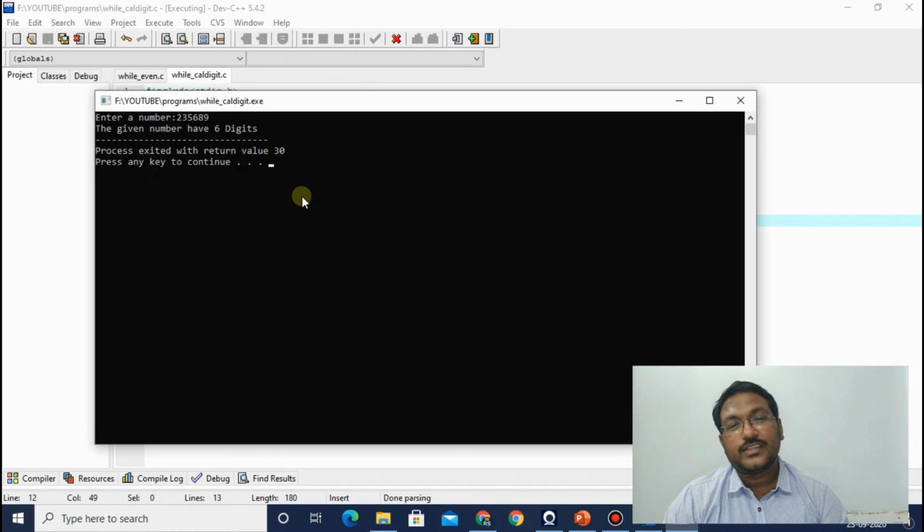If you have a 0 within a number, it is sometimes a little difficult. With this logic, it will be difficult to find the number of digits. Fine. If you want to calculate the number of digits in a number, and the number also includes 0, then you have to think of a new logic for it. The new logic will be a task for you. So try to solve: if you have a 0 within the numbers and using this particular logic, how can you calculate the number of digits in a number?